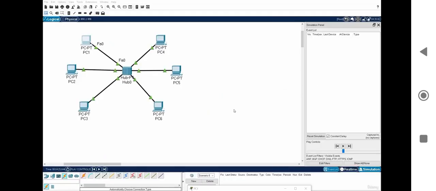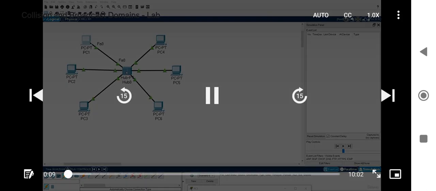Okay, so let's have a look now at the collision domains. As we can see, we have a hub right here, and we have